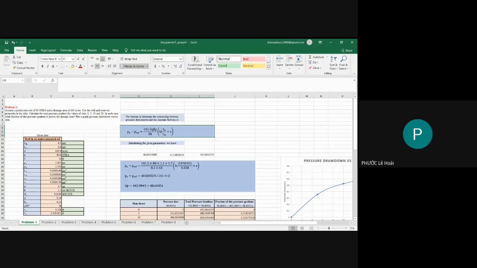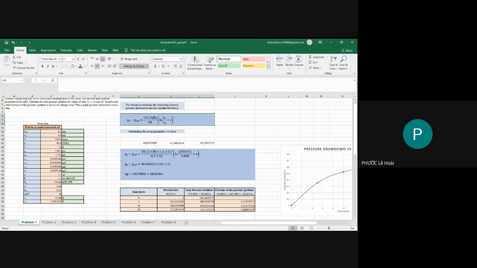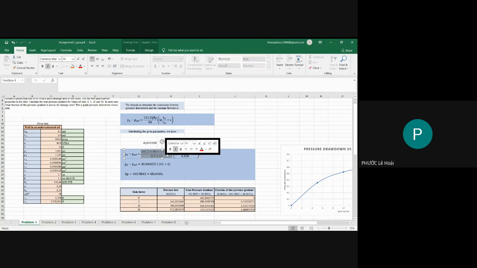First, let's talk about the equation. The equation to determine the relationship between the pressure drawdown and the constant flow rate is this one. So we will replace the numbers for these parameters here. Then we will have this number for this one. After we multiply and divide the numbers, we will have this number here, and we take the logarithm of this number. Don't care about the scale factor here. We will have